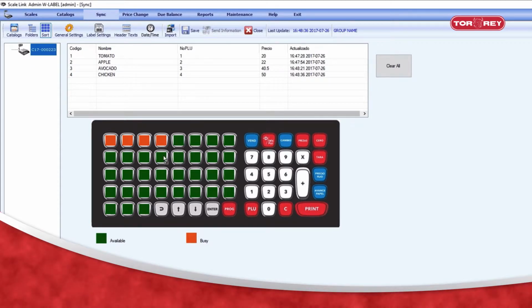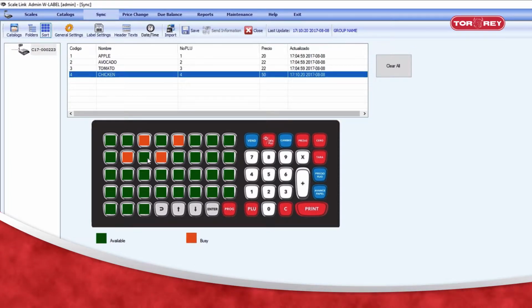Then we click the button Order, and a window will be displayed with the list of products that we placed in the folder, and below will appear the typing of the 35 shortcuts the scale offers. In orange, the assigned spaces, and in green, the available ones. To perform these actions automatically, the products that we previously moved to the folder will be assigned in order from